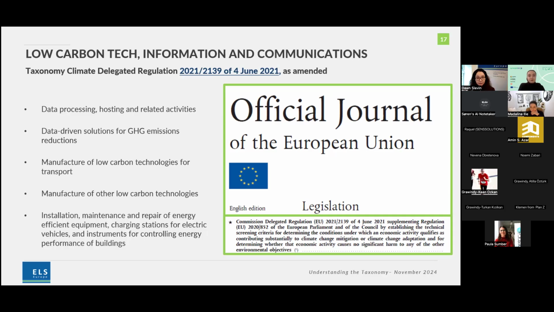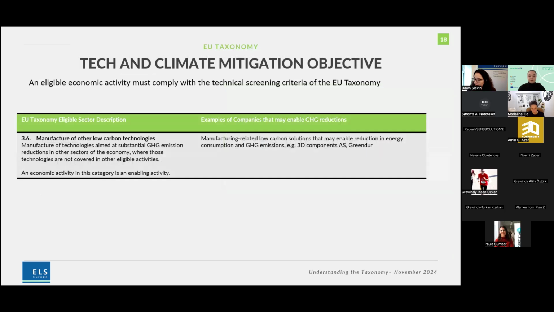And also a lot of installation, maintenance, repair. In this case, I'm looking at energy efficient equipment, charging stations for e-vehicles, instruments for controlling energy performance of buildings, etc. And these would include not only the manufacture, but the maintenance and installation as well. And you'll see there is an evolution between the Climate Delegated Act and the Environmental Delegated Act. I think the Commission was getting better at being more inclusive. So they're very inclusive. It's not a black and white of, well, you must be in this sector. It would be associated with these sectors in the NACE codes, and the NACE codes are used to classify economic